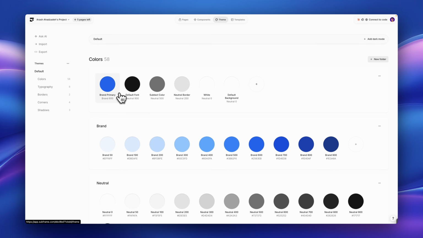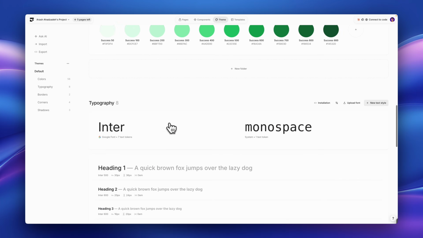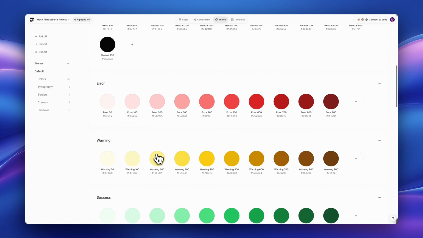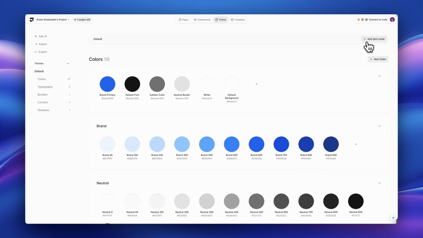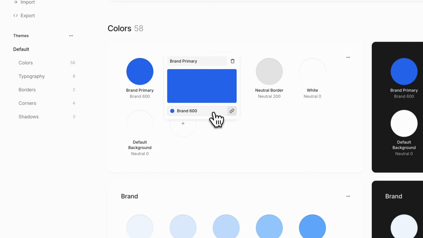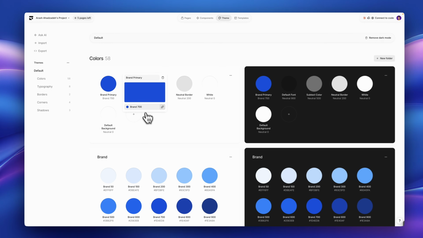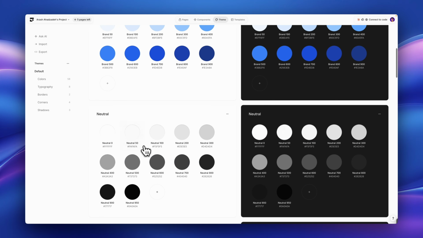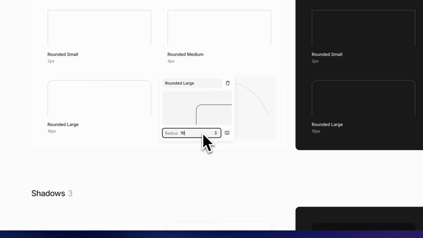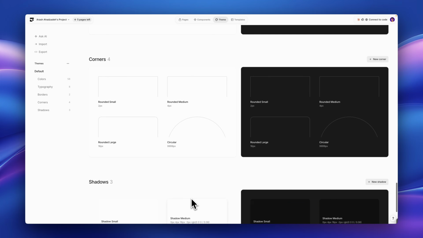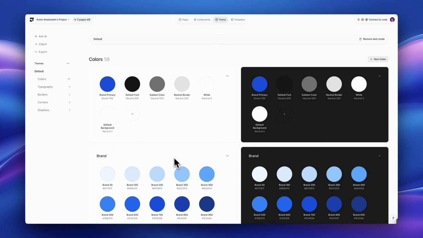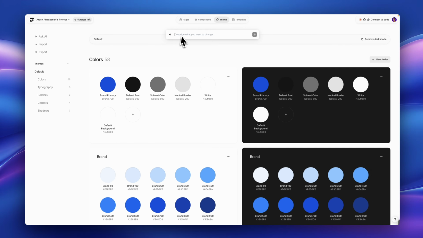The first thing you do when you create a new Subframe project is set up your theme. And this is genuinely one of the things that sets Subframe apart, because you're not picking from a generic preset that makes your product look like every other SaaS tool out there. Inside the theme editor, you have full control over your color tokens, typography, border radius, shadows, all of it built on Tailwind tokens. So everything you define here flows directly into your code. You can go in and manually tweak each token, or you can use the AI, which is a faster way to get moving. You describe the feel of your product in natural language, and it applies a cohesive starting theme